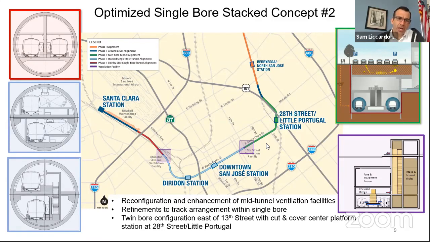I guess really a question for Nuria: is the expectation that we would be filing for the FFGA a month from now, or do you think it would have to wait for the cost estimates to come in? When do you think we could be off and running to the FTA? That's a very important question, Mayor. And as a matter of fact, given the state of where we are today with looking at these two concepts and the addition of these emergency stations at the ventilation facilities, we are going to need time to not only analyze the constructability, feasibility, and then identify the cost, but then look at the schedule for delivering the program.